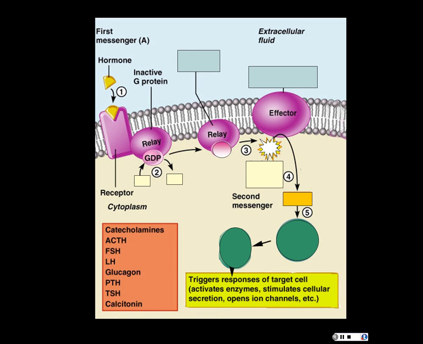What do you think might activate the G protein? The messenger binding the receptor activates it. It causes the G protein to let go of guanine diphosphate and actually bind guanine triphosphate. It takes it from its inactive state to its activated state, where it's bound to? GTP. Very good.